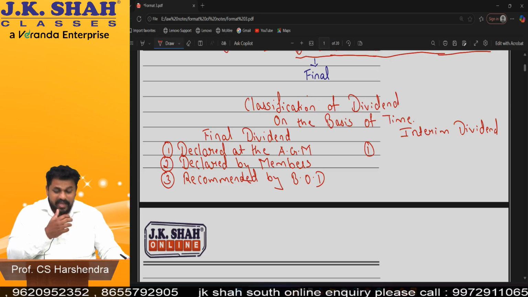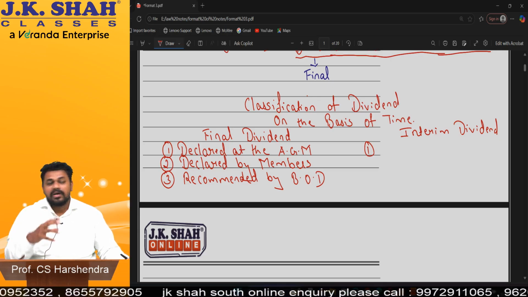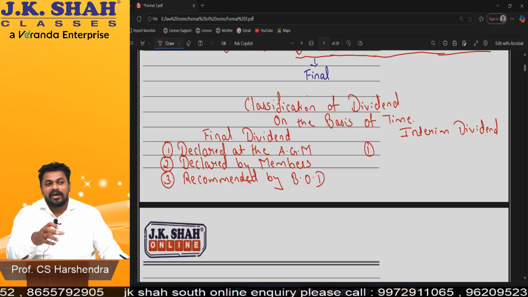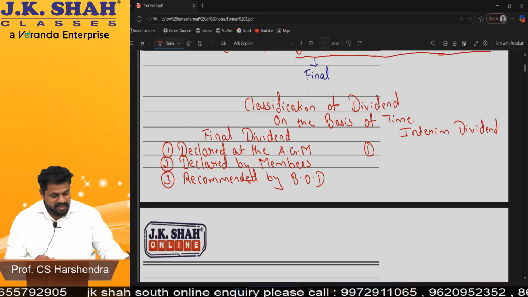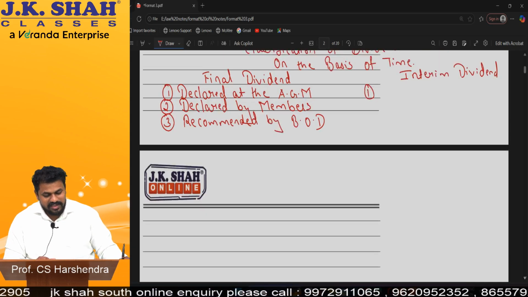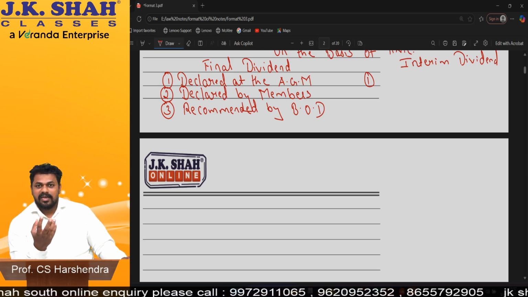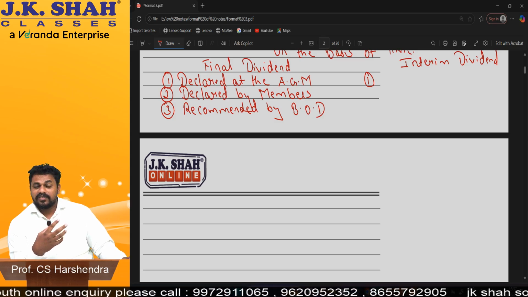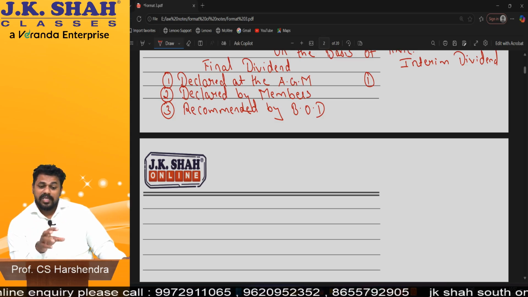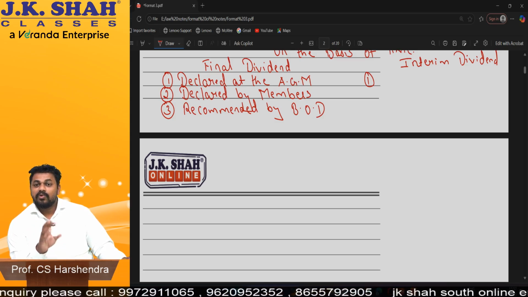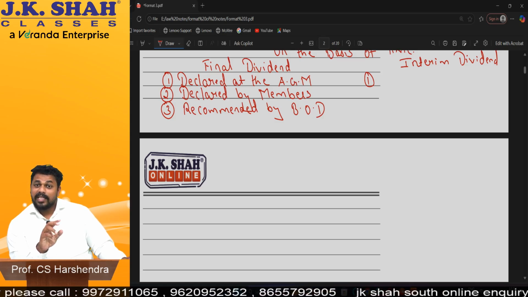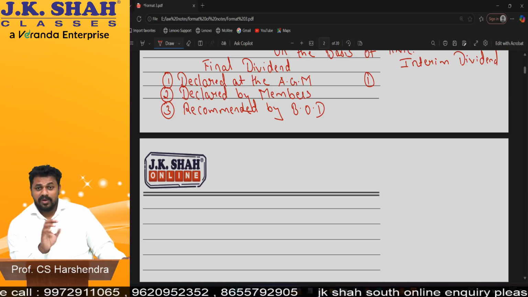Beta, I'll give you an example of this. Why would any member not go for dividend? In small companies, all these things don't happen. But in big companies, the big investors are there, like ICICI Bank, HDFC Bank, big mutual funds. Their representatives come to the meeting, do all the calculation, and then they vote whether the dividend should be given or not.